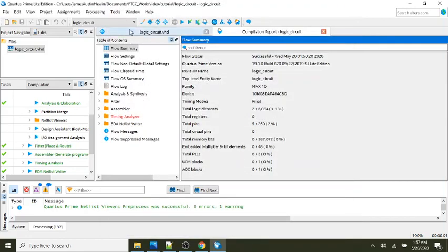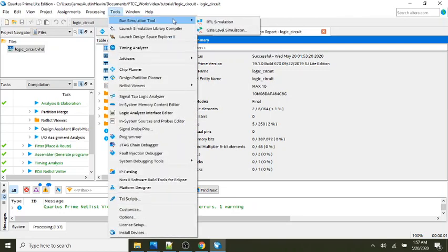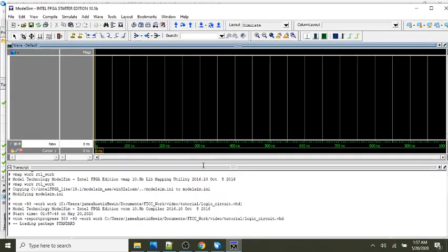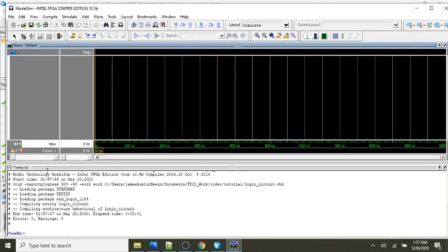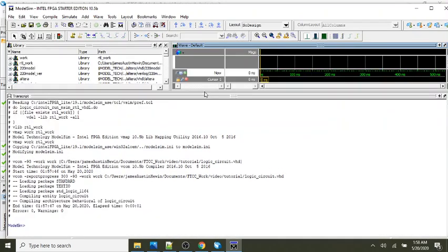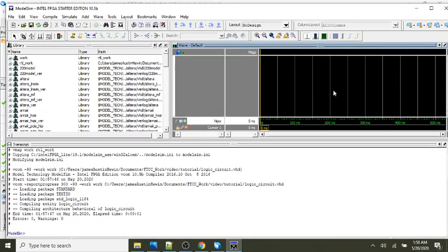All right, so for the last step, we go to Tools, Run Simulation Tool, RTL Simulation. It's going to bring up a new window. Okay. Now, when it brings this up, if you want the default window, just go to Layout, Reset. And so this will give you the default. Okay. And you can see we've got a waveform window, we've got a library over here, we've got a transcript